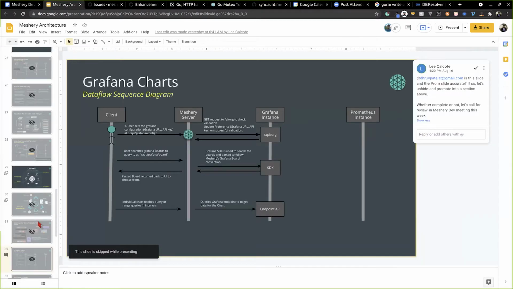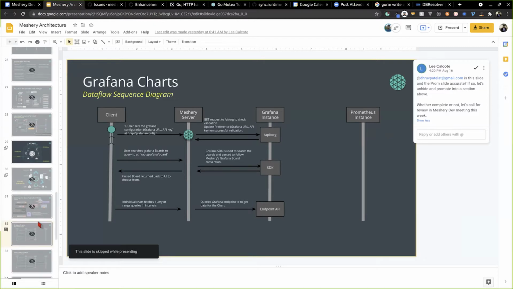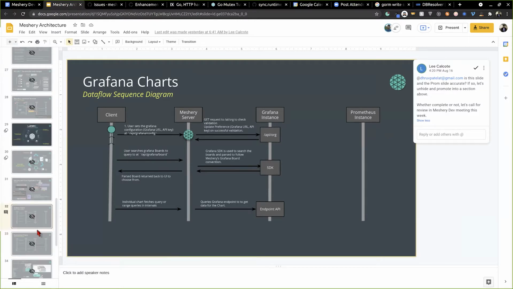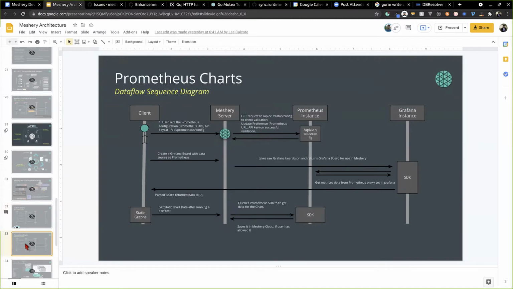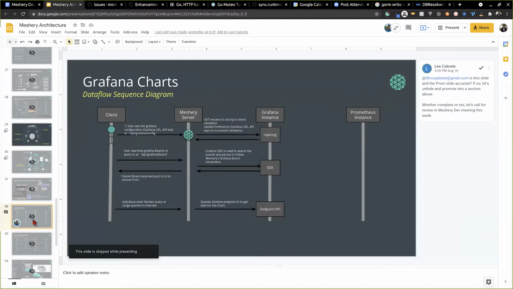This is an attempt to show how we fetch the charts in Meshery, both Grafana charts and Prometheus charts. I have demoed this previously in the development call. If you want to go into detail, we can check out this particular site.